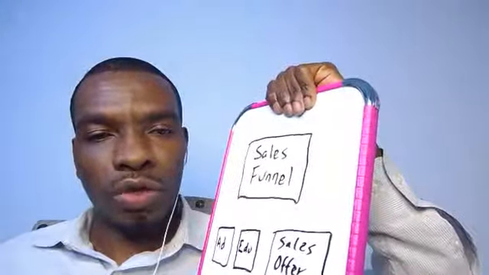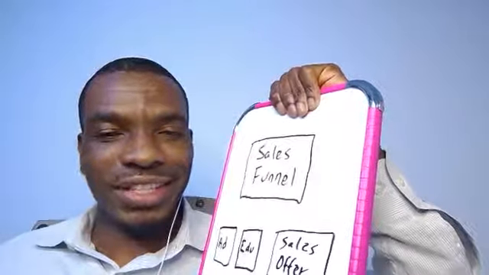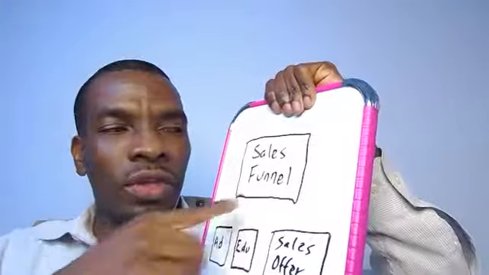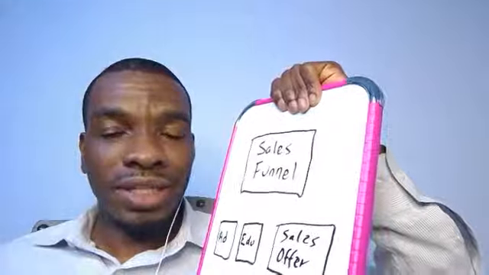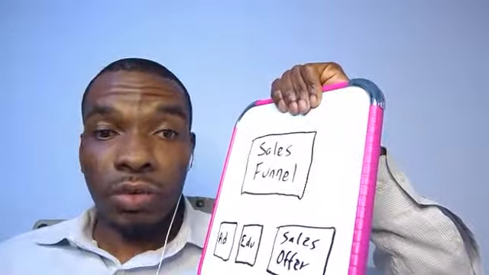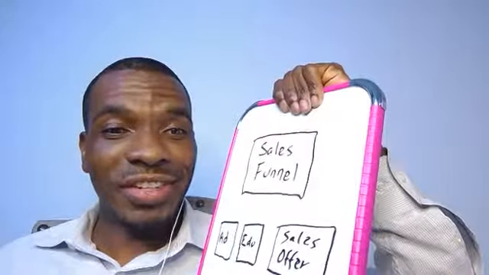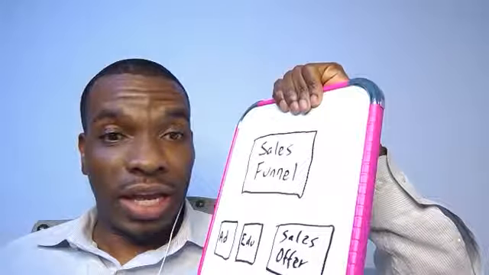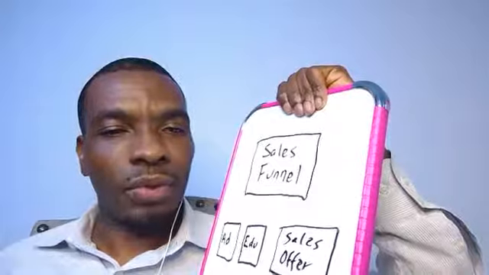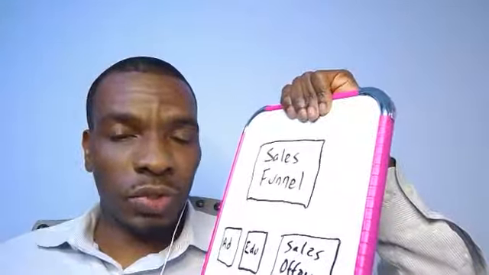However, when I'm working with local businesses, my goal is to marry their existing sales process and just drive people into it. So it's important to point out that with my dating site, my sales funnel happened on one page. With a local business, the sales funnel could be a three-step process. Step one is the ad. The ad says, hey, this is what I offer, and this is how you can go to the next step. Then after the person sees the ad, they can schedule a call right then and there, or you can send them to a specific website.